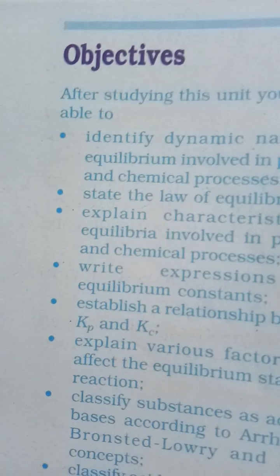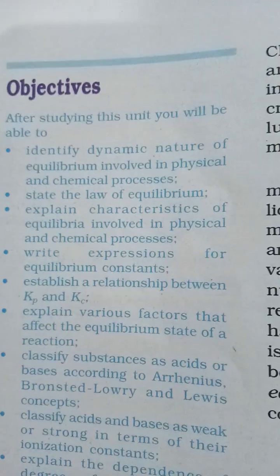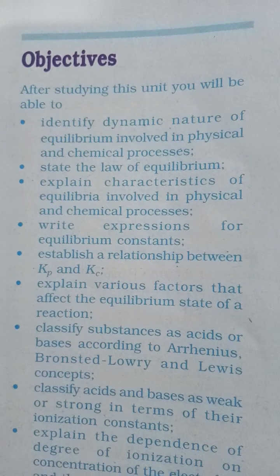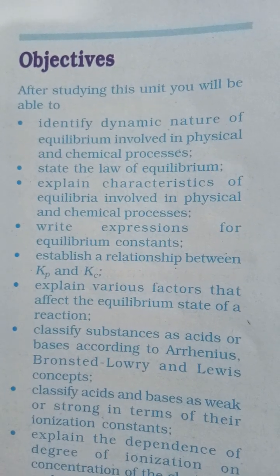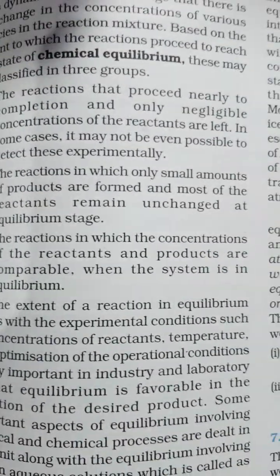Before going to this, the objective here is to identify the dynamic nature of equilibrium involved in physical and chemical processes. So after studying this unit, you will be able to understand and explain characteristics of the equilibrium involved in physical and chemical processes. And there is much more. First, the reactions that proceed nearly to completion,